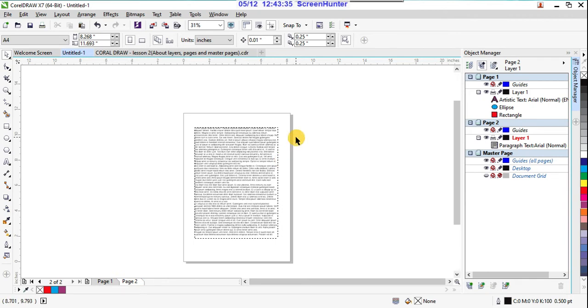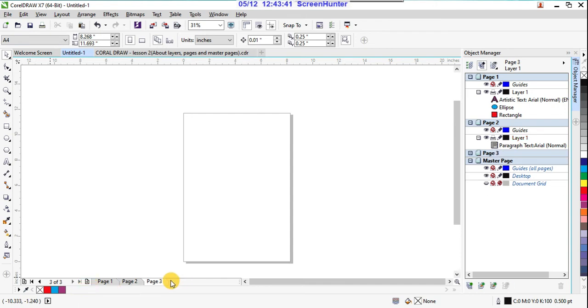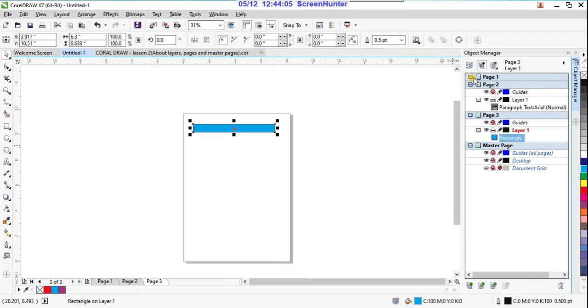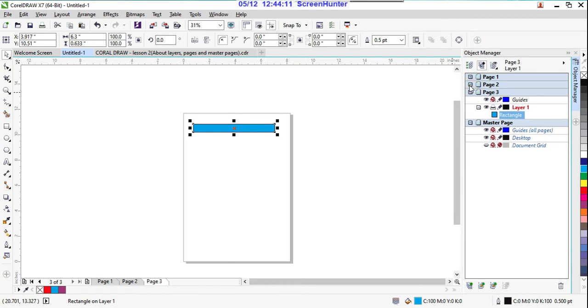And again I'm creating one more page, so showing the plus sign, just click on that. Yes, the third page. Here I want to add one more design, or you can say a color patch, right? So here I created. Now see, if you observe here we have 1, 2, 3 pages. See, this is one page. In the first page these things are there, in the second page the paragraph text is there, and in the third page the green rectangle is there,